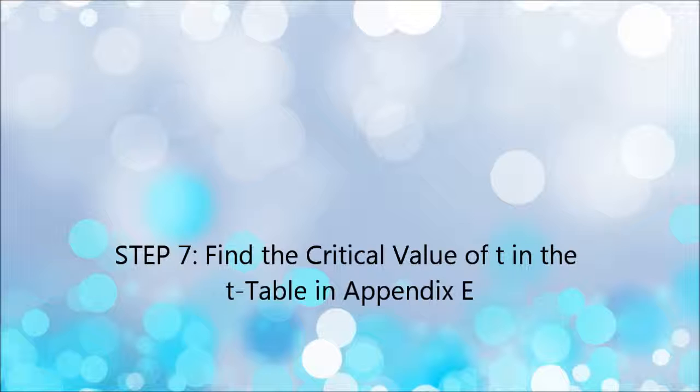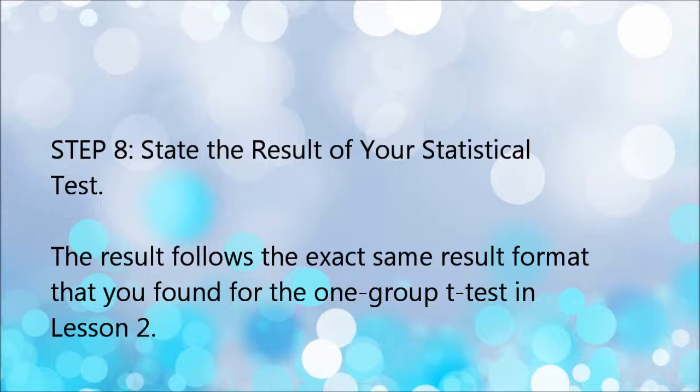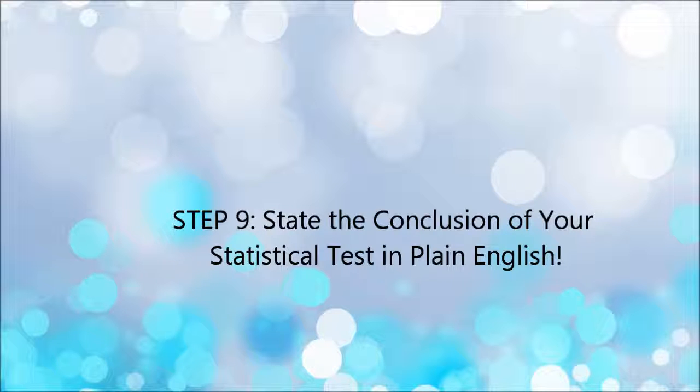Step 7. Find the critical value of t in the t-table. To use the t-table correctly in this lesson, you need to learn how to find the degrees of freedom for your study. Step 8. State the result of your statistical test. The result follows the exact same result format that you found for the one-group t-test in the previous lesson 2. Step 9. State the conclusion of your statistical test in plain English. Writing the conclusion for the two-group t-test is more difficult than writing the conclusion for the one-group t-test, because you have to decide what the difference was between the two